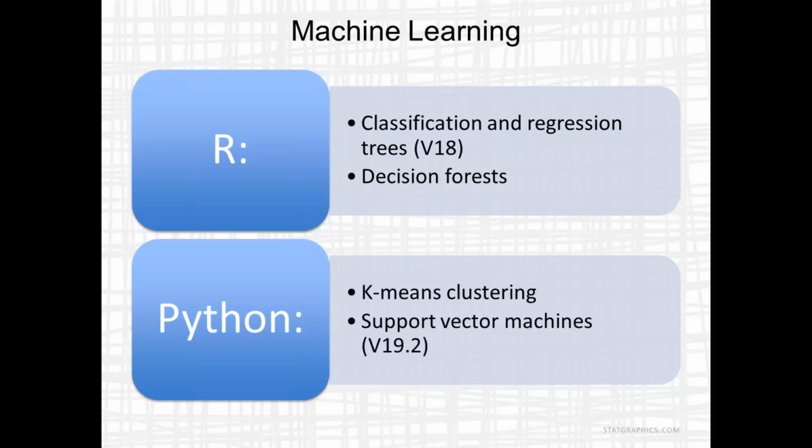In terms of Python, we have in version 19 an interface to a k-means clustering procedure. A k-means clustering procedure will take a set of data and put it into basically k piles. You know, you'll tell it ahead of time, for example, divide this data into 3 groups. And using an algorithm, and there are various algorithms you can use,